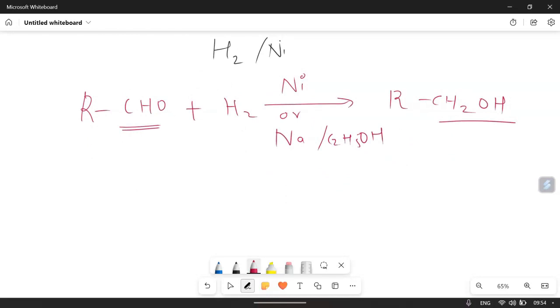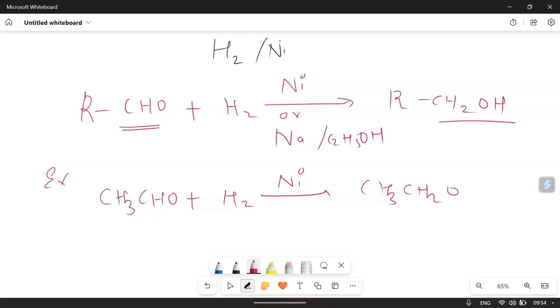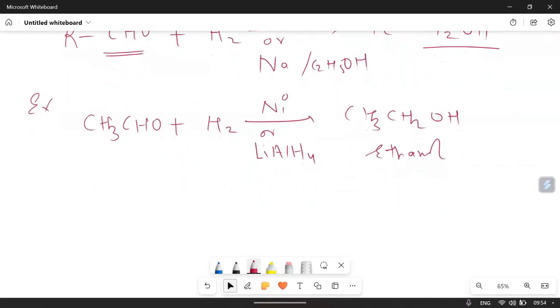Let's discuss with an example also. Suppose we have acetaldehyde, that is CH3CHO, treated with H2/Ni. It will give CH3CH2OH, ethanol. Very good method to form it. You can use LiAlH4 also to form this. So this is the easiest method to find. Now the next method we are